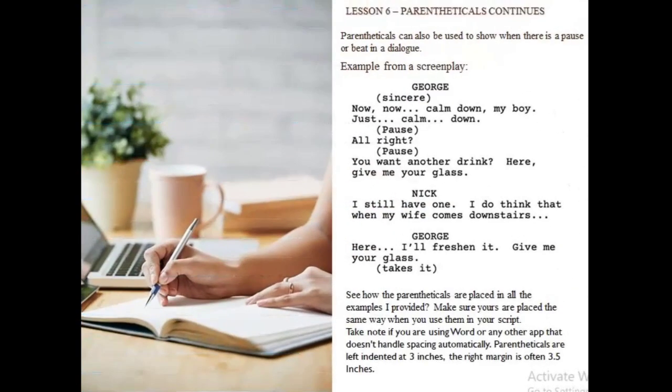Parentheticals can also be used to show when there is a pause or beat in a dialogue. Example